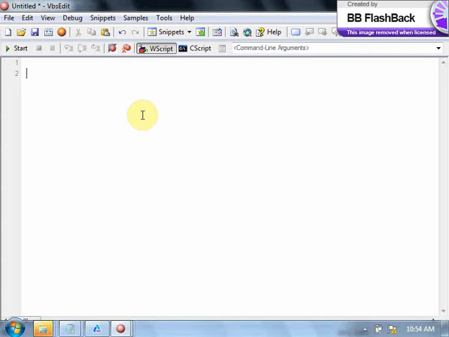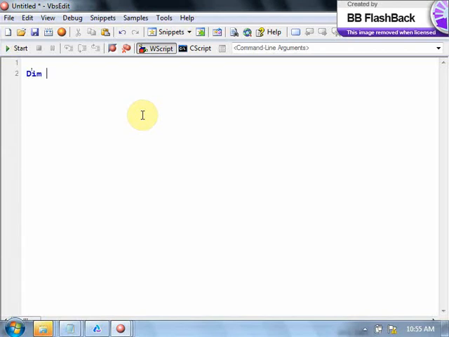This function is used to convert a scalar variable into an array variable. Okay. Then